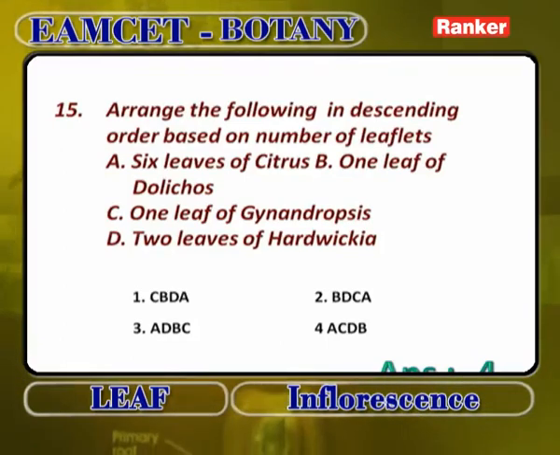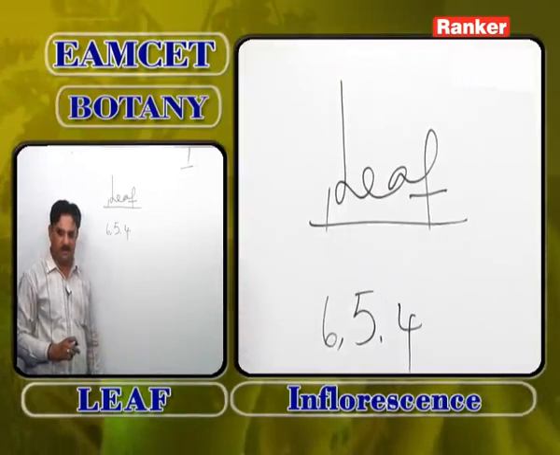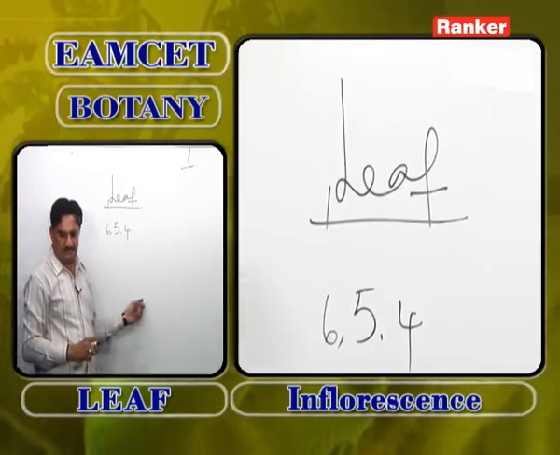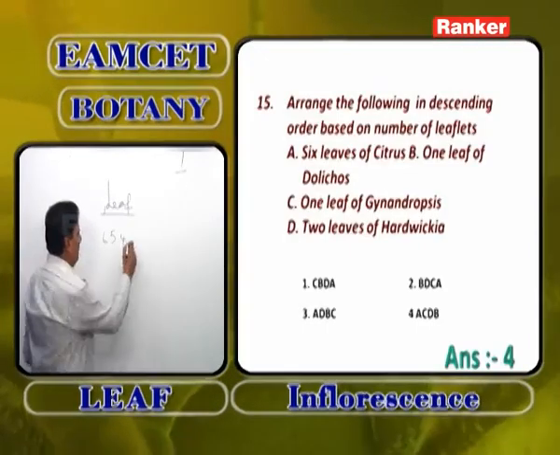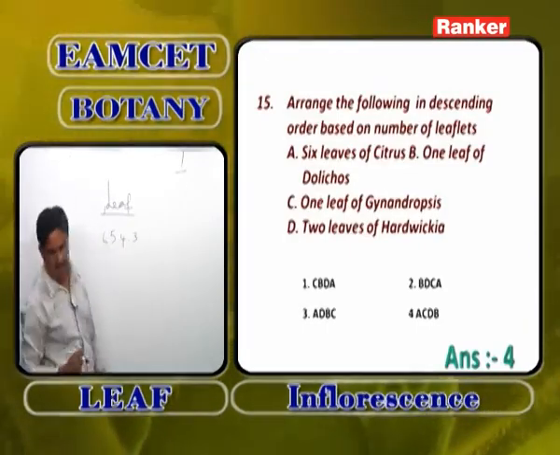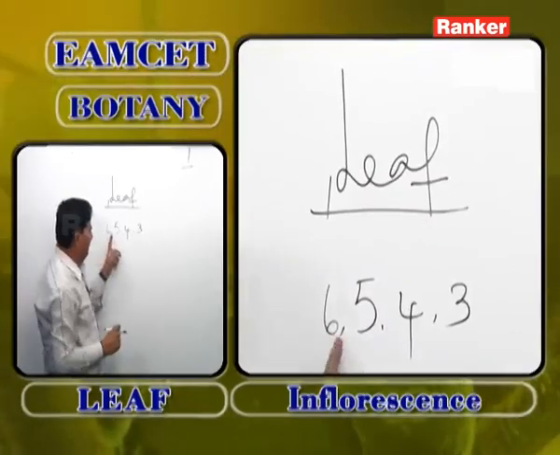Then 2 leaves of Hardwickia is 4, because Hardwickia is bifoliately compound leaves. And last, 1 leaf of Dolichos is 3. So the answer will be